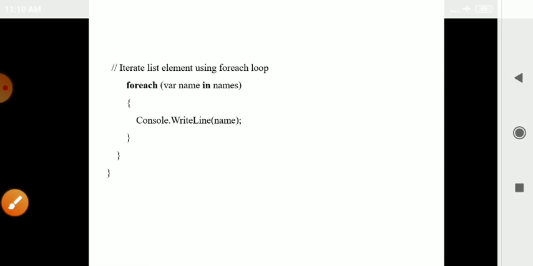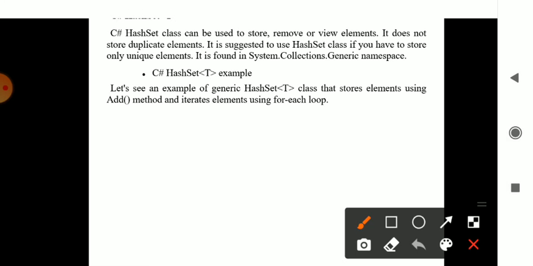Okay. So next we move on to the HashSet. HashSet is nothing but it stores and removes elements in the memory, and you can view the elements from the memory. It also belongs to System.Collections.Generic, and it has its own syntax, that is HashSet<T>, where T is your data type. HashSet considers all the elements as you use them in the list part. But the only difference is that it cannot have duplicate elements within the program.